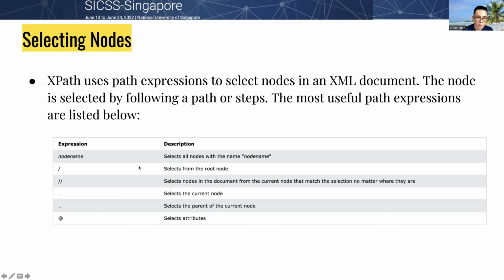This one means select from the root node. This one means select the nodes in the document that match the selection, no matter where they are. The dot means select the current node, two dots mean select the parent of the current node, and the @ means select attributes such as class or URL.